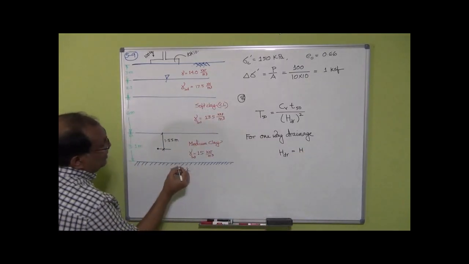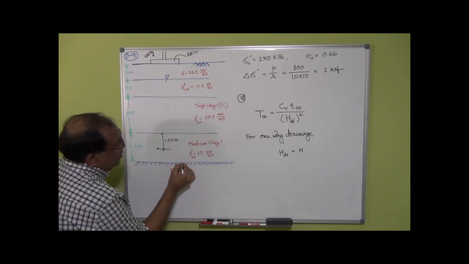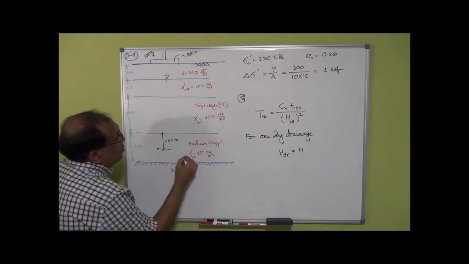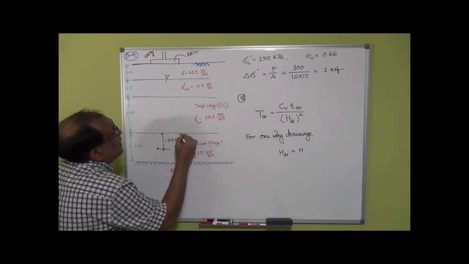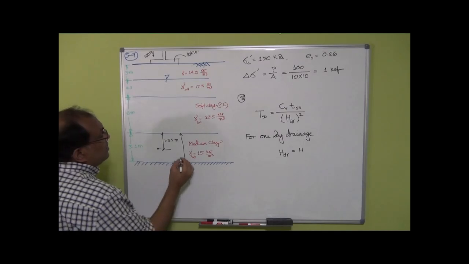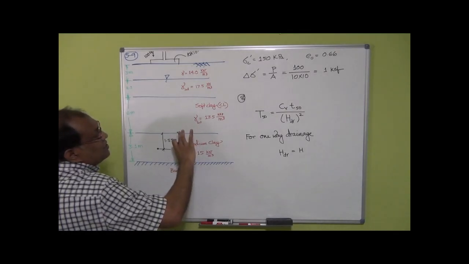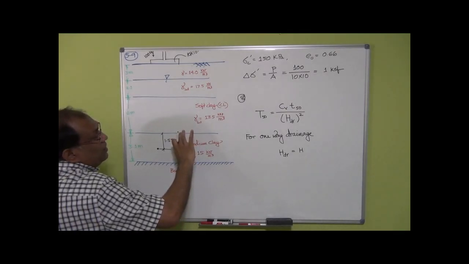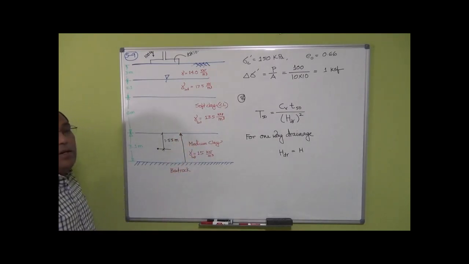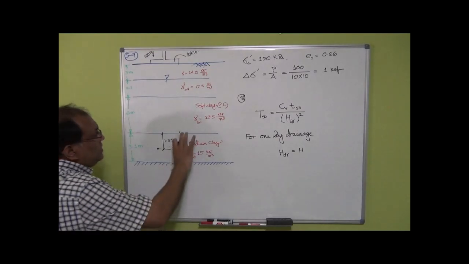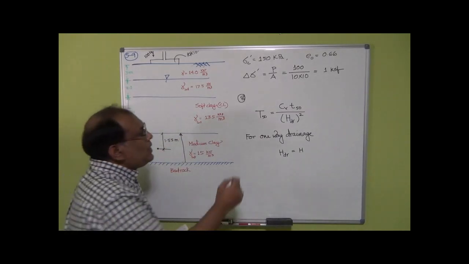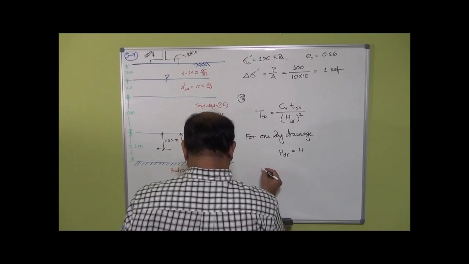Means if you have any soil here, this one has to go all the way here to get out from this domain, right? So this one is your maximum distance to escape the water from the domain, which is actually equal to the height of this layer. So if you plug these values here,